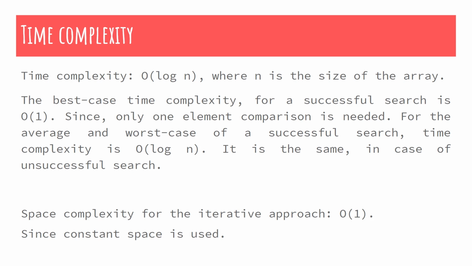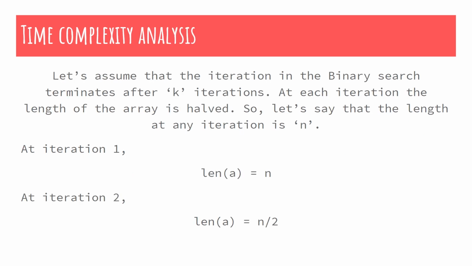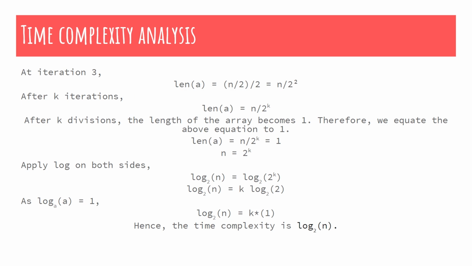Now let's look at the detailed time complexity analysis. At first, we need to assume that the iteration in the binary search terminates after k iterations. At each iteration, the length of the array is halved. So let's say that the length at the first iteration is n. So at the very first iteration, the length of A, that is our array, would be n. And at the second iteration, as we have said earlier, it would be halved. Therefore, length of A is equal to n by 2. Again, in our third iteration, n by 2 will be further reduced to n by 2 by 2,